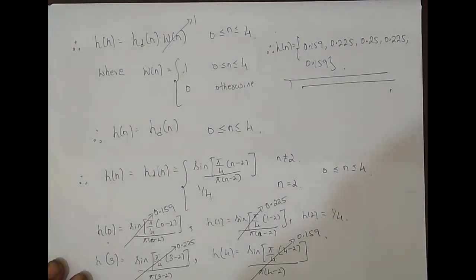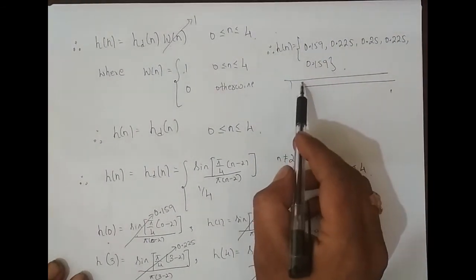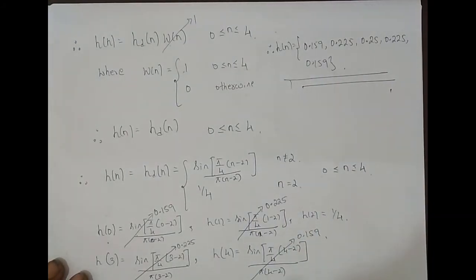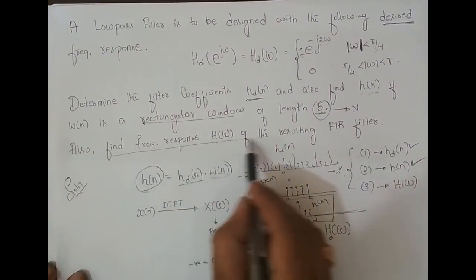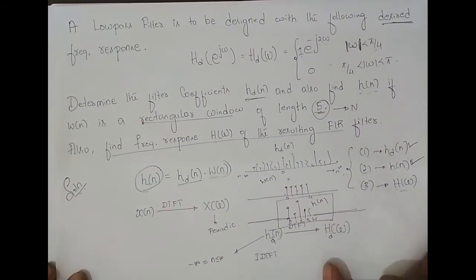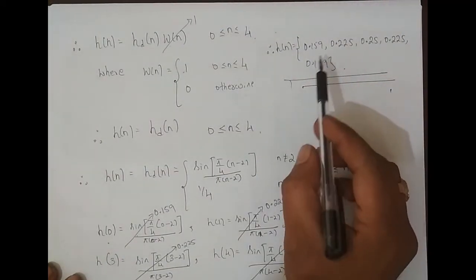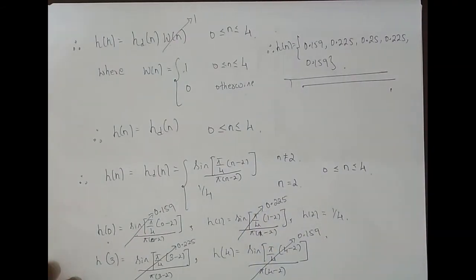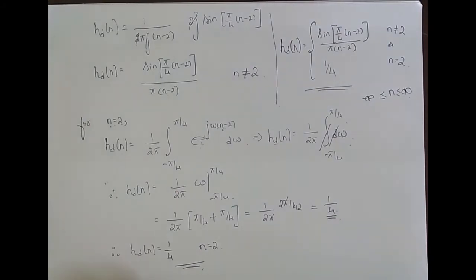Okay, so only if they ask you to get h of n, you have to stop here. But apart from this, what is it that they have asked us to find? They have asked us to find the frequency response h of omega, right? So for the frequency response h of omega, since it is symmetric and n is odd, because I have to find the fifth order FIR filter, the frequency response is given by